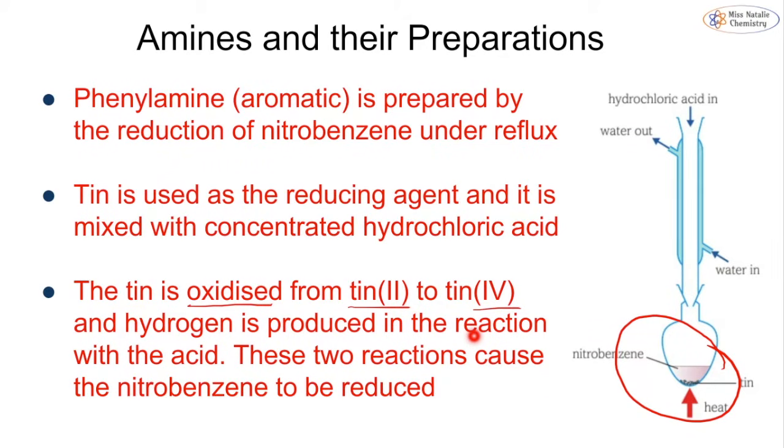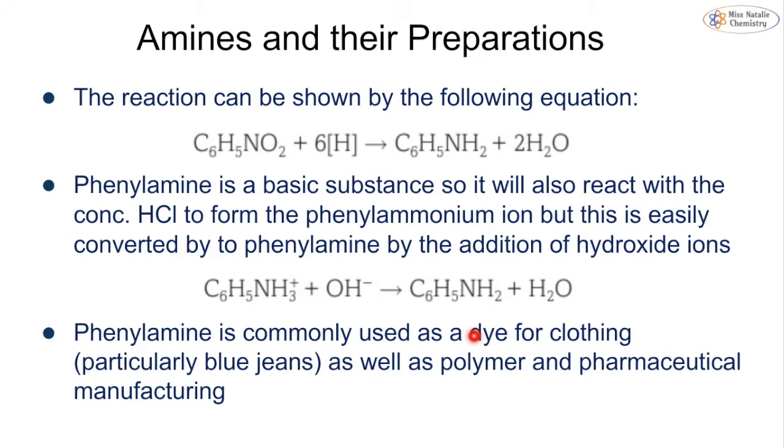and hydrogen is produced in this reaction with the acid, and these two reactions cause the nitrobenzene to be reduced. Now, you do not need to know too much about how this happens. Again, you don't need to know any mechanism, but it is good to be able to see the equation. So we have our nitrobenzene here, and it is reacting with our reducing agent. Remember, we simply write this as H, and we're going to form our phenylamine,